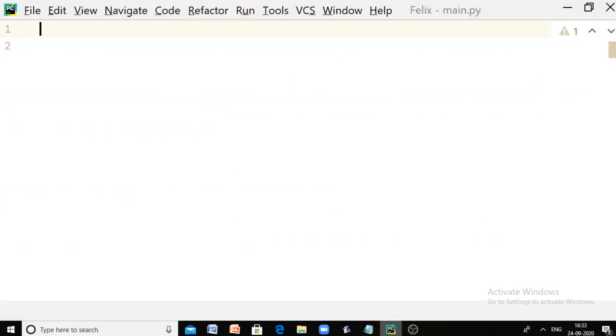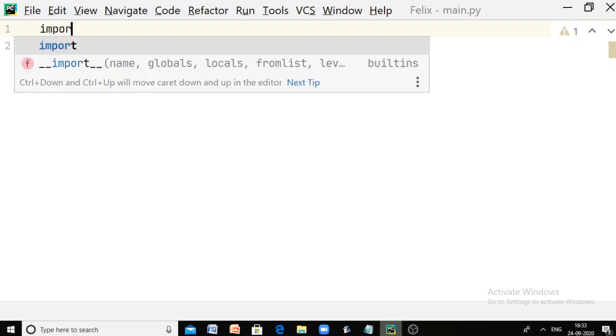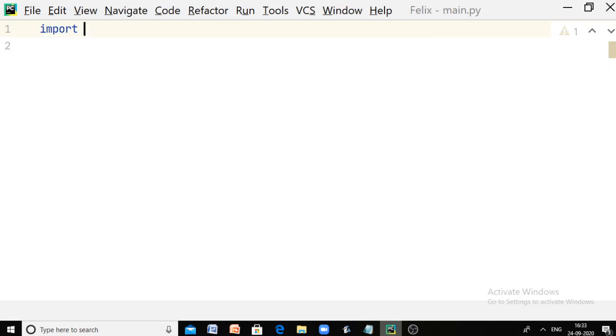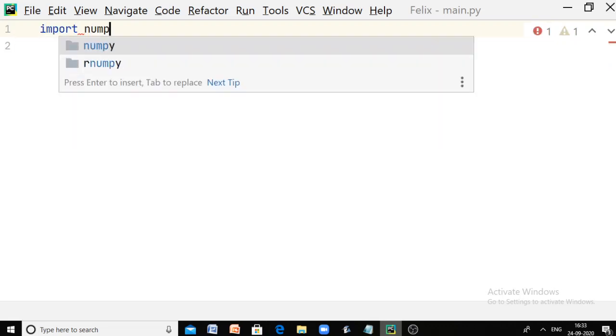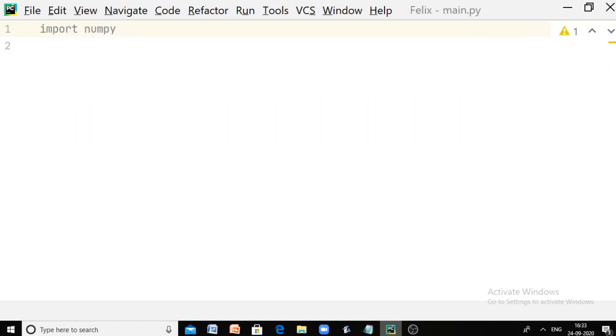Now let us create an array. If you want to create an array in NumPy, you import NumPy into your program with an alias name, so import numpy as np.